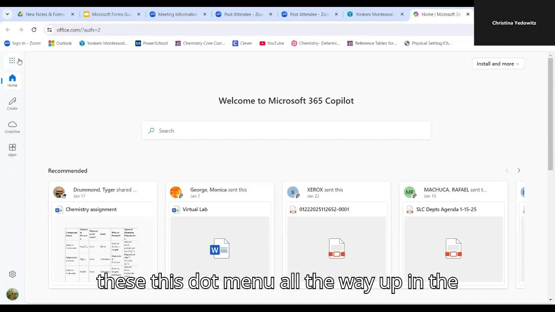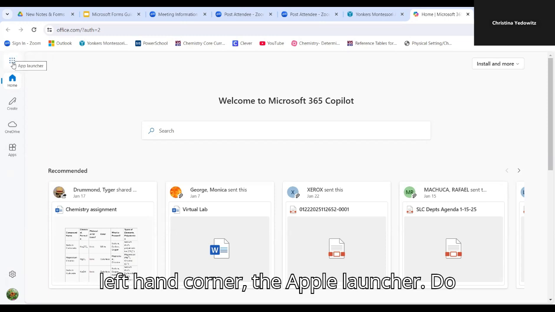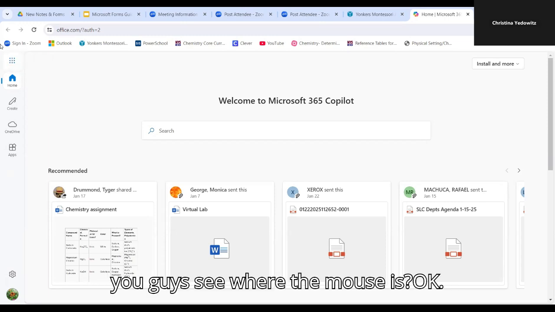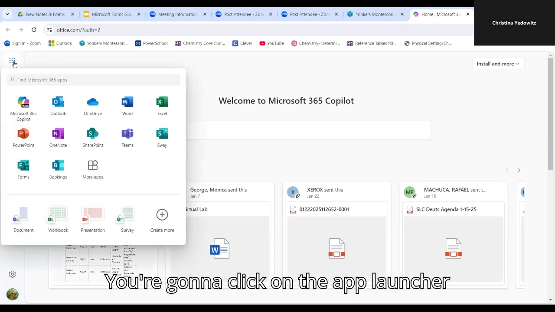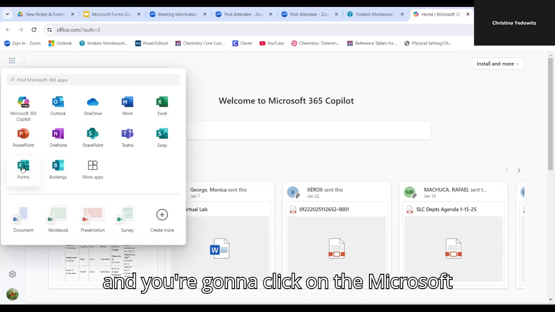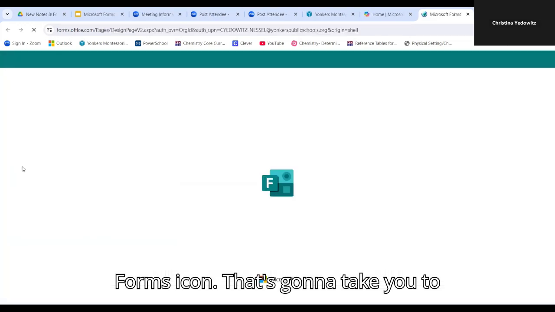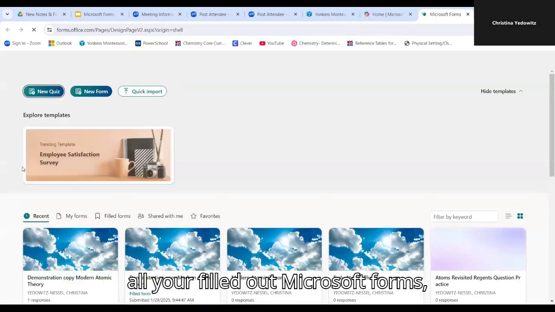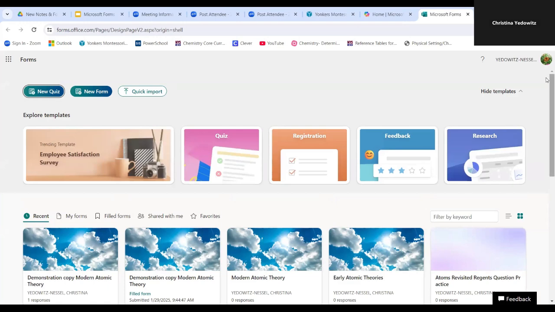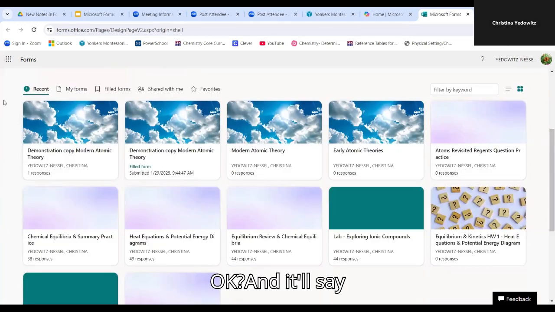This dot menu all the way up in the left-hand corner, the app launcher. Do you guys see where the mouse is? Okay, you're going to click on the app launcher and you're going to click on the Microsoft Forms icon. That's going to take you to all your filled out Microsoft Forms. Okay, and it'll say